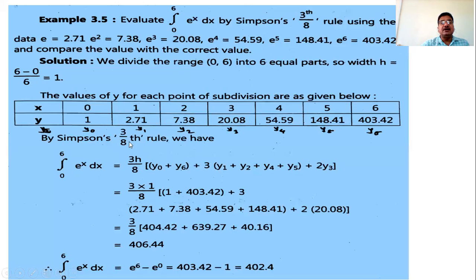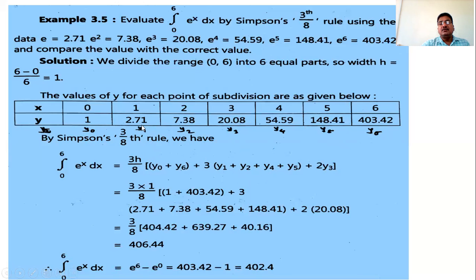So we are going to use Simpson's 3/8 rule, that means 3 by 8 h. And then in the bracket, first value plus last value, so y0 plus y6, plus 3 times the values whose suffix is not 3 or a multiple of 3. What is in this bracket? Except first and last. So what are those? y0 and y6 are in the first bracket. So except first and last, and whose suffix is not a multiple of 3.